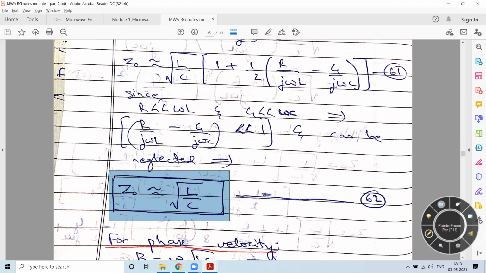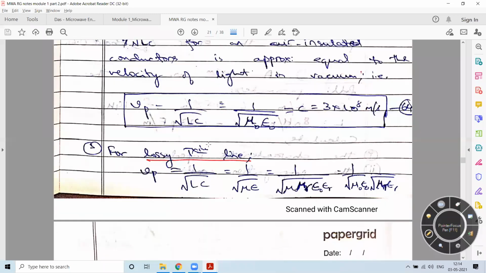In coming classes, we'll continue with the next part, wherein we'll be discussing phase velocity, the coefficient related to that, then actual velocity. These things we'll be discussing, and then we'll be moving forward with one or two examples, and then we'll be going with the reflection coefficient and transmission coefficient parameters.